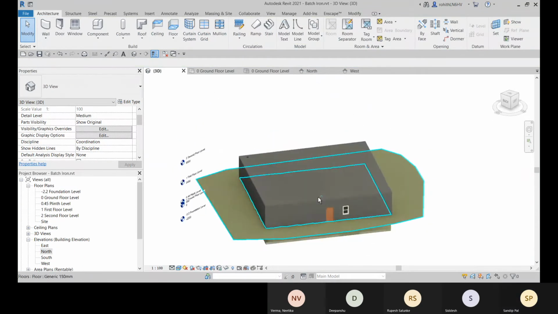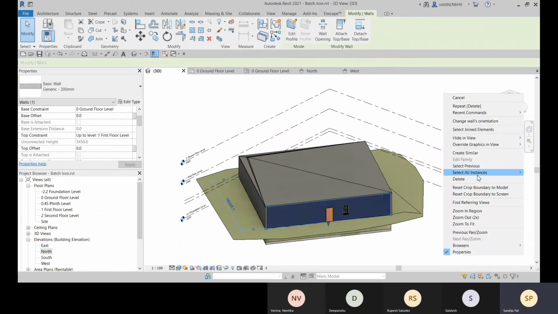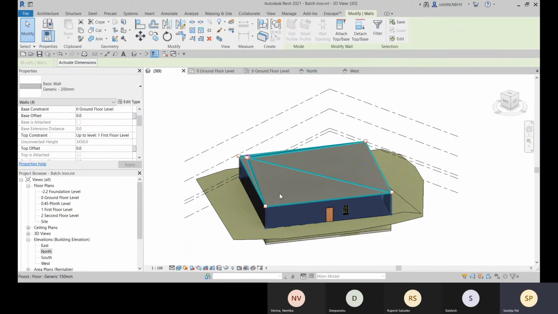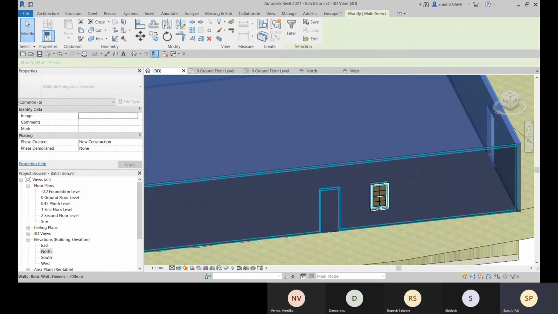Now, if I need to place all this wall and all, let me select all instances. Select this floor, then select this door and window.